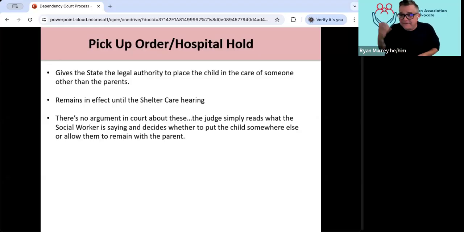Because I've sat with judges when they get these, and they're like, oh my gosh, what a poorly worded one, I wish I had more information. That's what they say. Like, I have so many questions about this. I don't know that there's enough here to warrant putting the kid in foster care or in protective custody over the weekend, but I'm going to err on the side of caution. I'm going to go ahead and sign this, and then we'll sort it out next week when we have court.